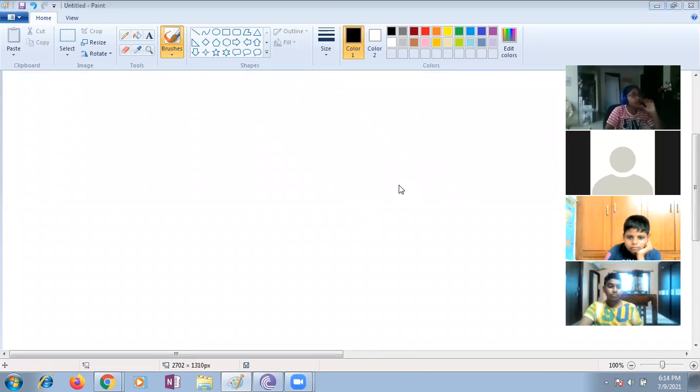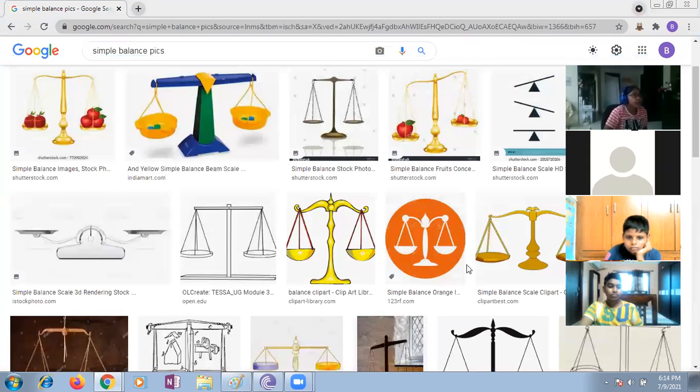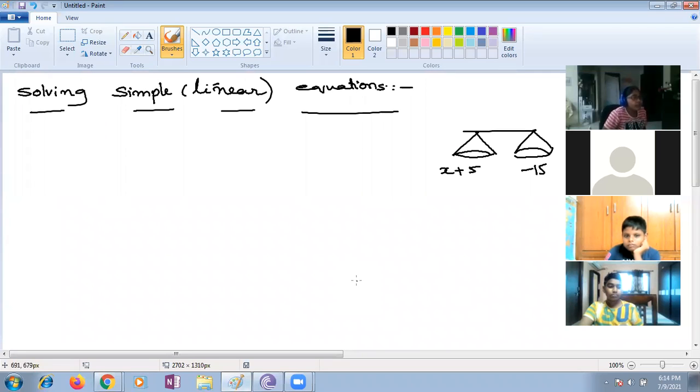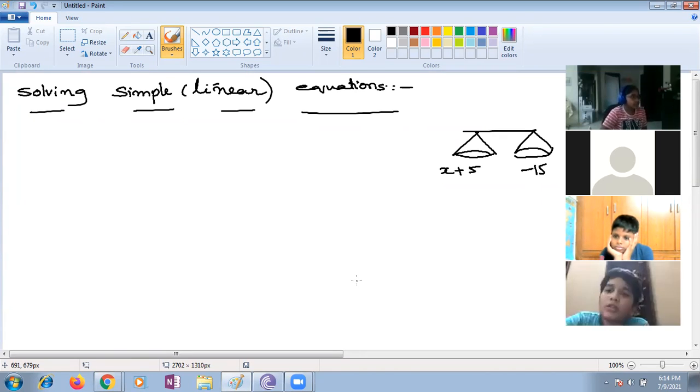Yes, Harini. Ma'am, so what I did was x plus 5 equals minus 15. So ma'am, what you do is you take 5 to the right side and you do the opposite sign. So you do minus 15. Yeah, very good, very good. That minus means you are telling about transposition of the number. Very good.